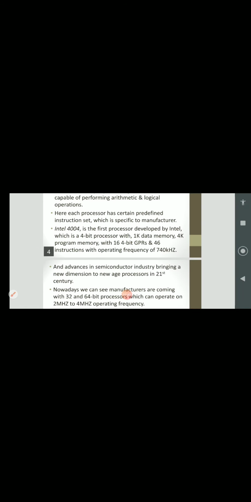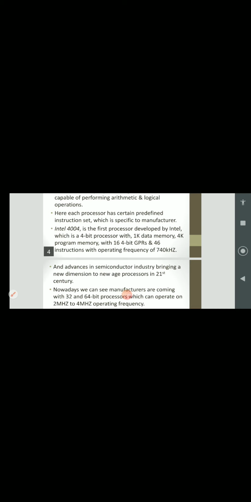They have mentioned here 16 4-bit GPRs, which means there are 16 4-bit general purpose registers, and 46 instructions, with an operating frequency of 740 kilohertz.